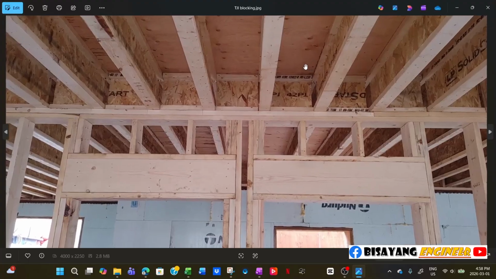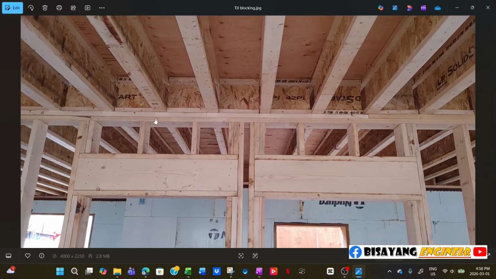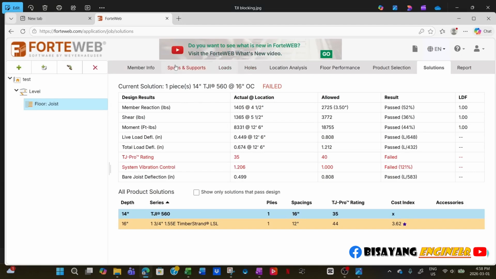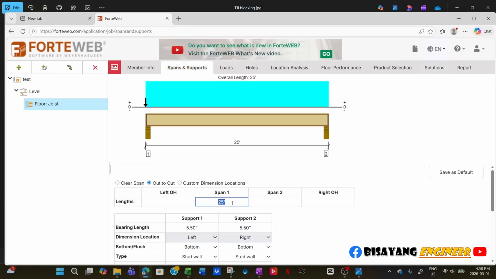So in this picture, you will see the joist. This is an interior load bearing wall, and then the joist is continuous. And then you will have, this is top bearing. So for example, in this calculation, you have a 25 feet span, but you decide, okay, we'll make the interior wall load bearing. So this will